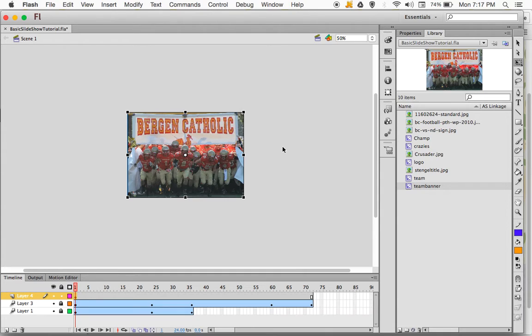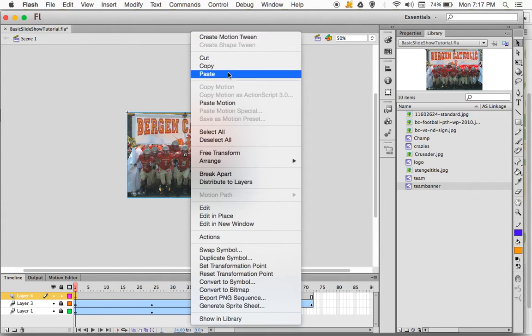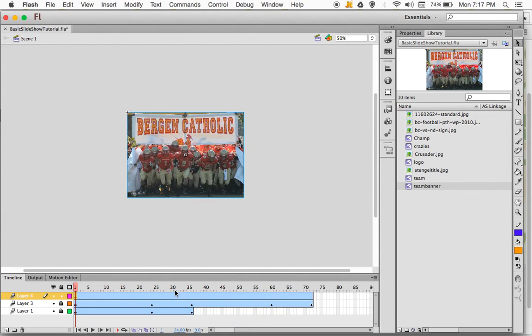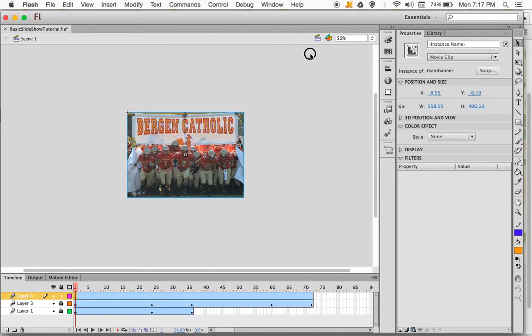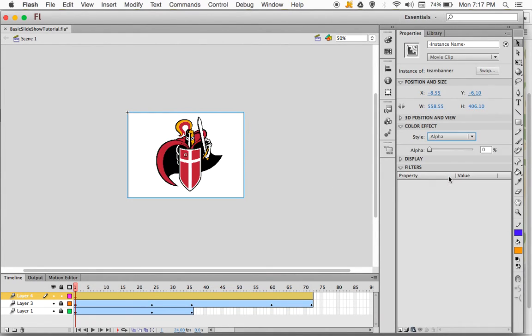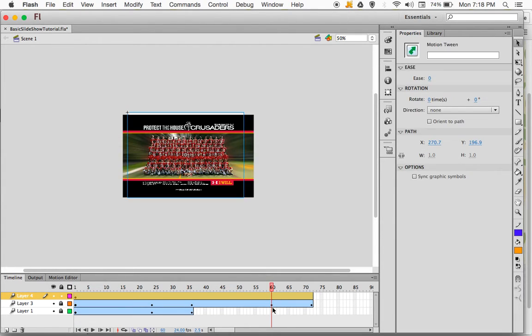Okay, it's already a symbol. I'm going to apply a motion tween to it. Okay, at frame 1, I want the image to have an alpha value of 0. So I'm going to go to the Properties tab, not the Transform tool, but the Properties tab. For my image, alpha value is going to be 0. At frame 60, I'm going to add a new keyframe there. Okay, and again, that image is still going to be 0 at frame 60,